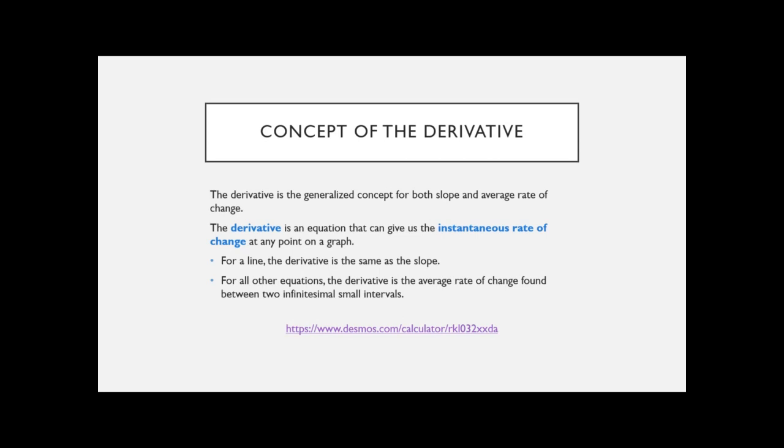It's constant rate of change, and it's the same speed everywhere. But for other equations, you're actually looking at the average rate of change, and you're basically looking at your intervals between your 2 points getting really, really small, so you can estimate that time at that specific point. So I'm going to click on this link to pull up this Desmos